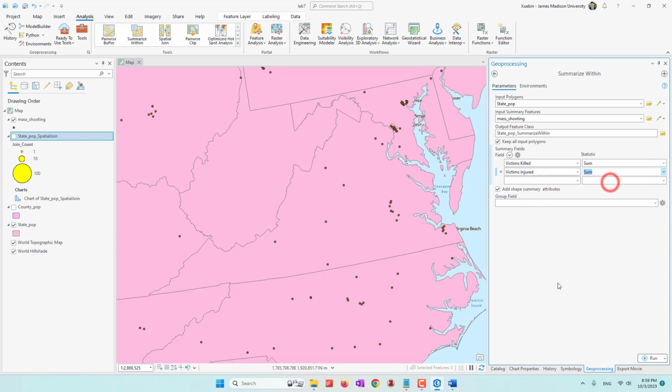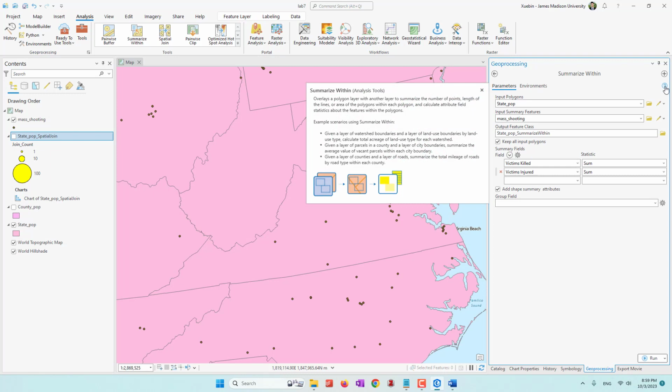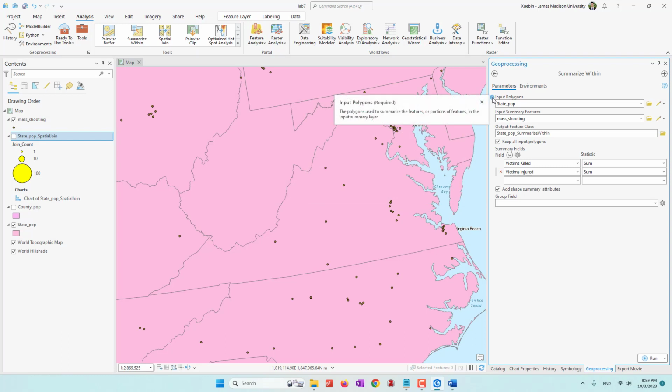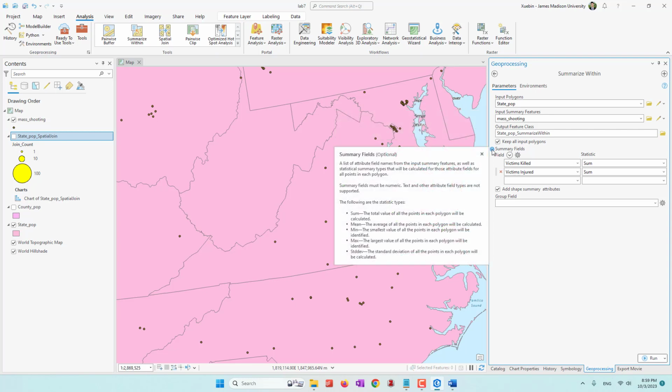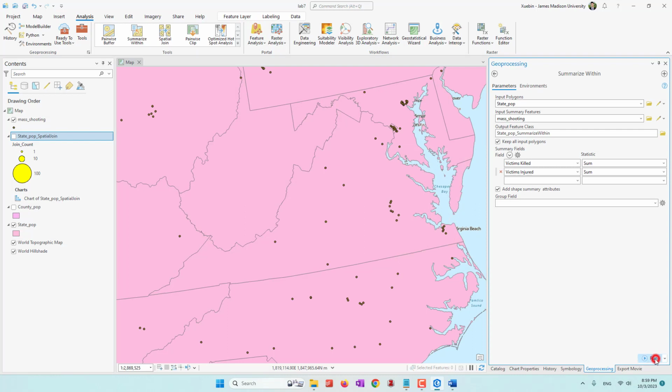and also the total number of people being injured. Also, for each of those tools, you can click this question mark and they will give you a very clear description of the function or the purpose of the tool. And for each single input, if you click this information icon, they will tell you what the inputs are, and what a summary field is, for example. They have a lot of detailed information. All right, so now let's run this one,